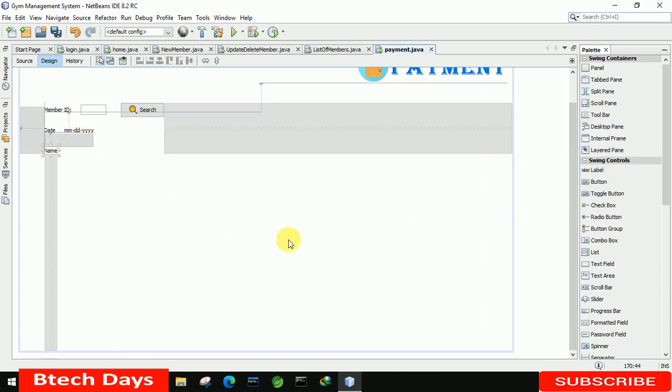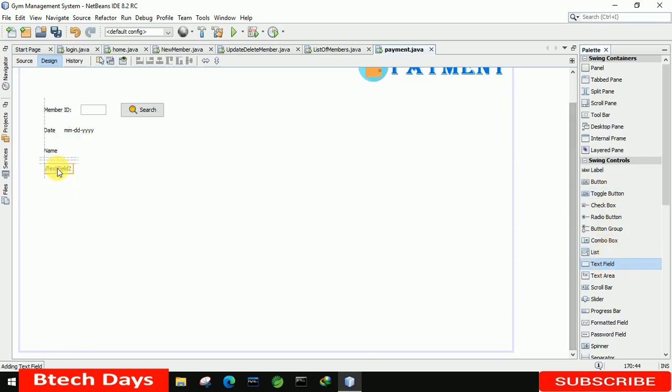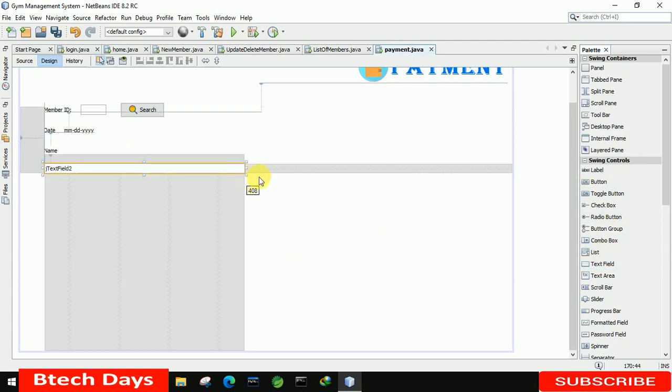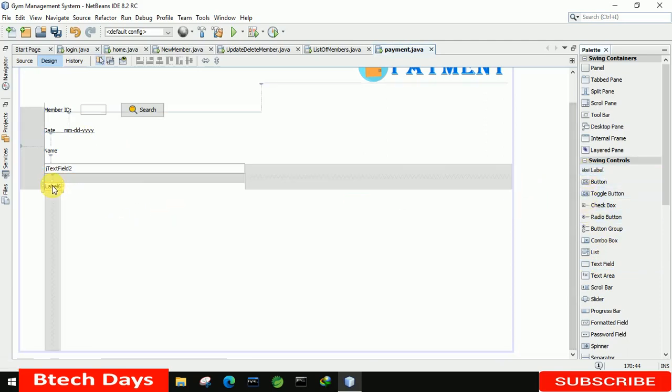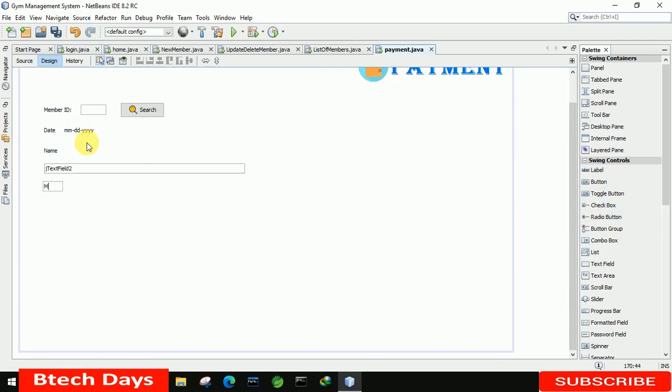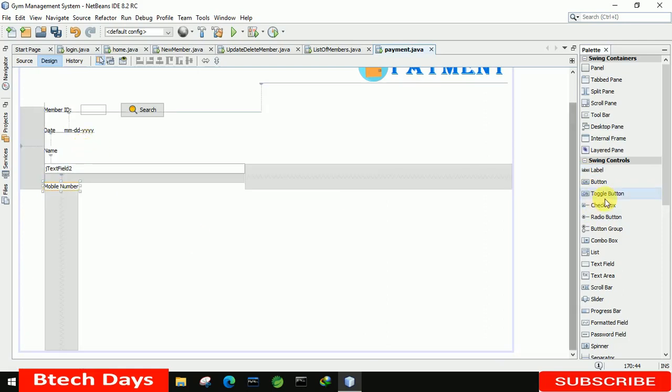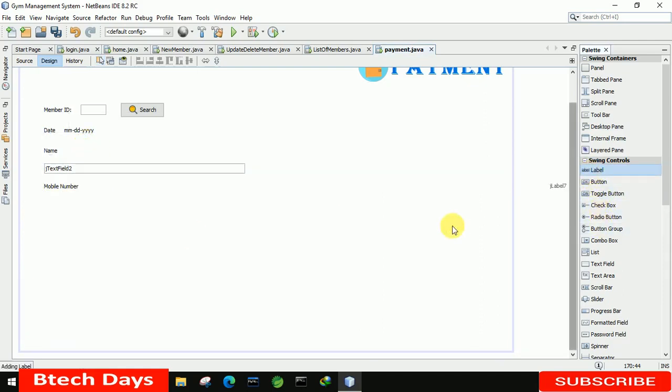After that, we take a text field there. Let me increase it to 408. After that, we insert another label here, and let's make it mobile number. This is the necessary information which we are displaying here for the payment.